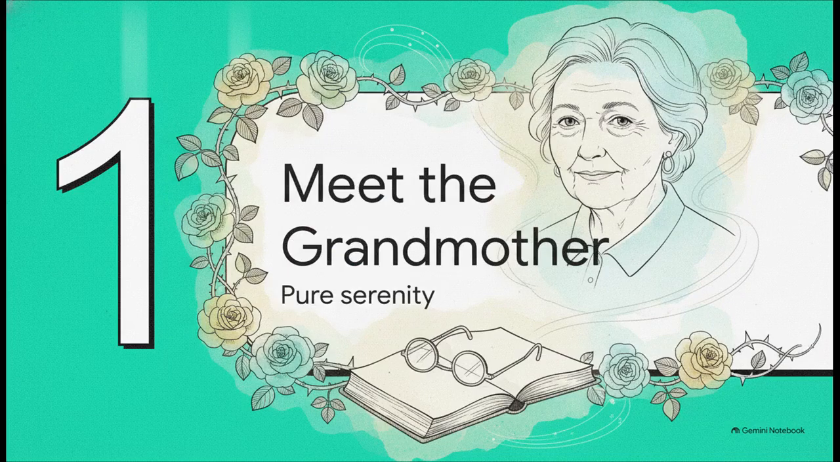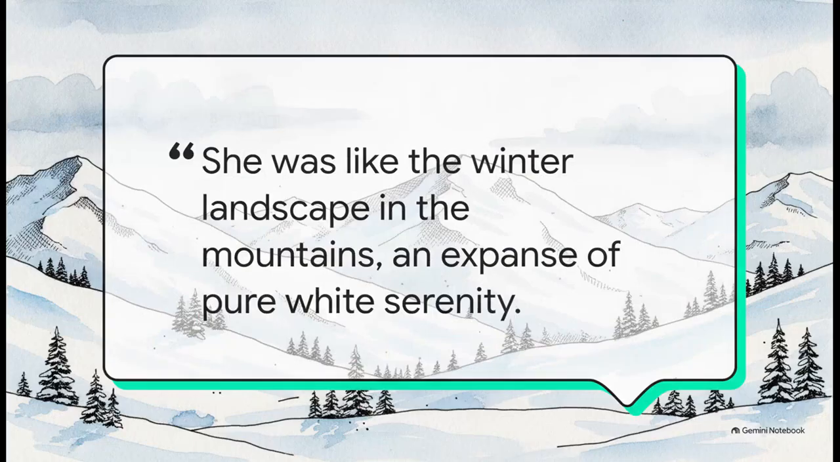Section 1. Meet the grandmother. A portrait of pure serenity. Right off the bat, Khushwant Singh hits us with this profound imagery to establish his grandmother's deep, peaceful presence. He writes that she was like the winter landscape in the mountains, an expanse of pure white serenity. She isn't just described as old, she's an expanse of pure peace and contentment. It perfectly paints a picture of a woman who is completely comfortable in her own skin, just living in her